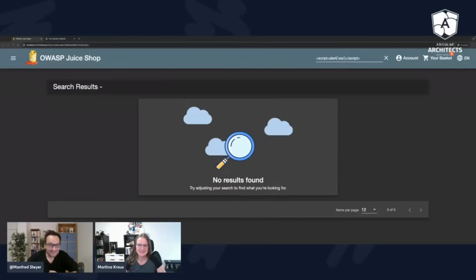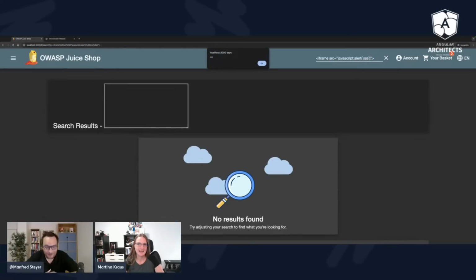Absolutely, absolutely right. And usually we allow inserting an iframe inside our HTML because why not? Sometimes we actually need to allow it because we want to have some HTML website embedded in our own. So usually the iframe is not filtered out. So with the iframe, we can actually even execute JavaScript. Oh, wow. And here we have our first cross-site scripting attack, which is really scary, isn't it, already?